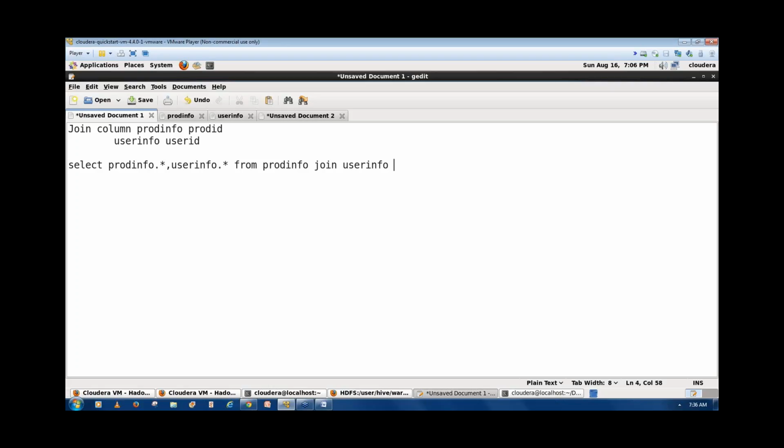user info, and what is the condition here, right? So we have a prod info dot prod id equal to user info dot user id, right? So this is an inner join. So you can write like this, right? Select prod info dot star, comma, user info dot star from the prod info join user info, and the join condition is there should be same prod info dot prod id equal to user info dot user id,